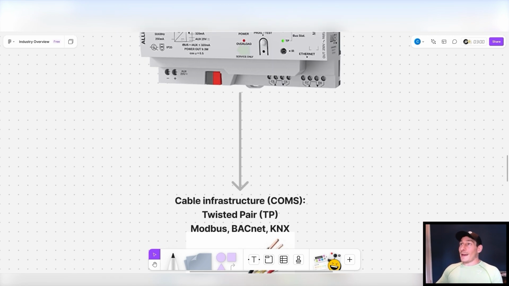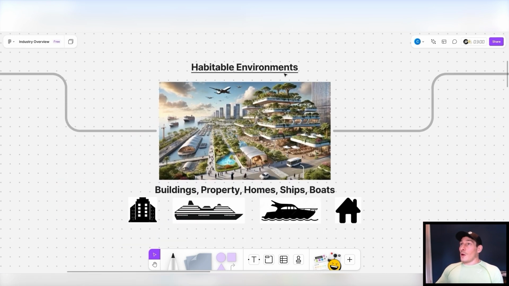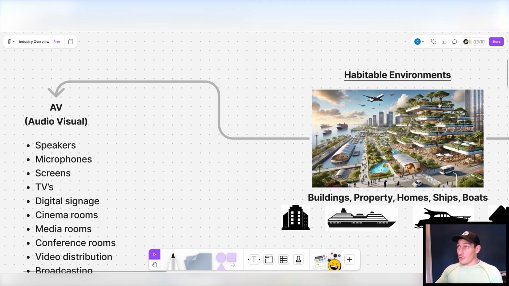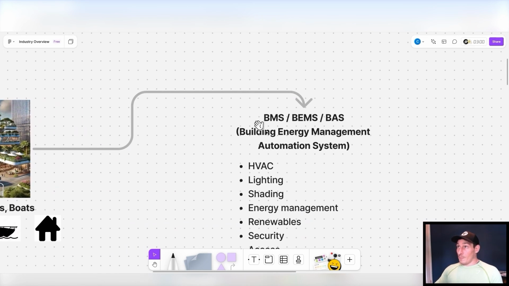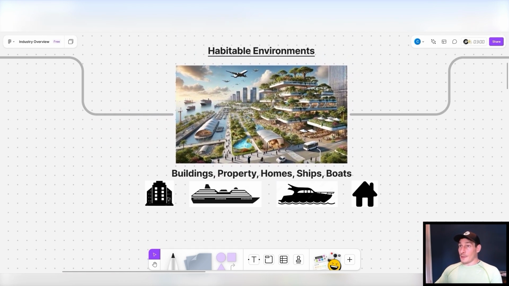So let's move back up now, from the habitable environment. Just to recap, these were habitable environments: AV solutions and BMS, or building energy management automation systems, all talking about habitable environments, buildings, properties, homes, ships,